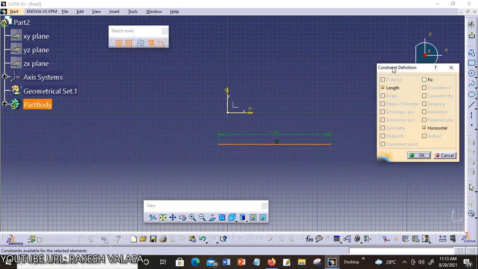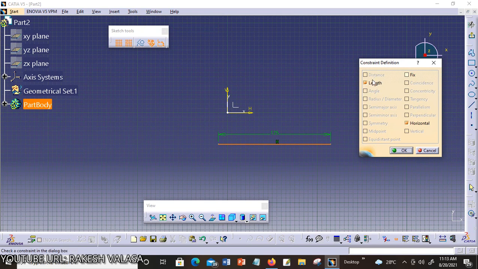The constraint definition box opens. In this, you can clear the checkboxes, that is length and horizontal. Otherwise, if I want only length, you can choose length. If you want only horizontal constraint, you can choose horizontal and click OK button.